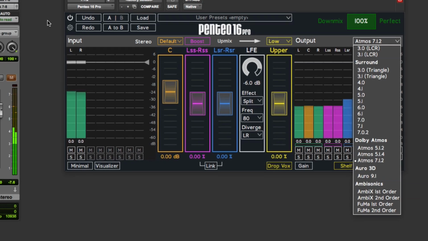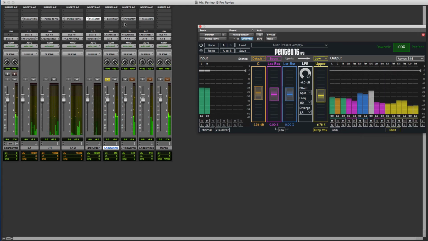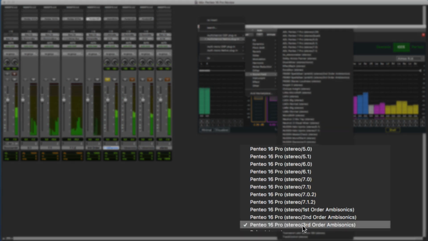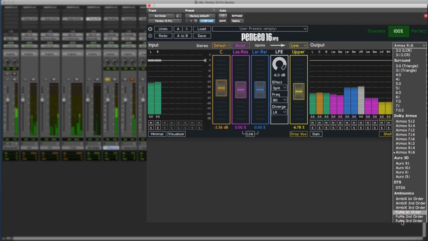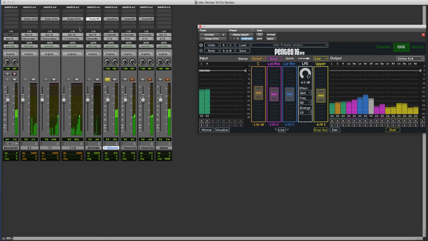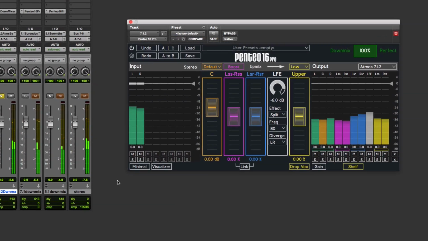So what the team at Penteo recommend is if you want full compatibility, then go for the version of the Penteo 16 Pro, which is the stereo to third order Ambisonics. Now what that does is it gives you access to all 16 channels, which means you can go all the way up to the maximum channel counts and all the way back down to the lowest format 3.0. But as I say, for most of this demo, I'm going to work with a stereo to 7.1.2 instance